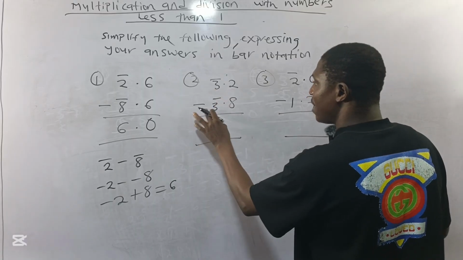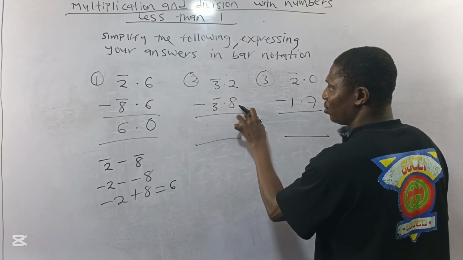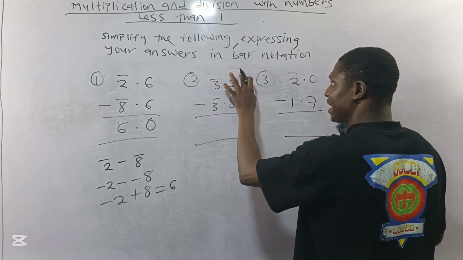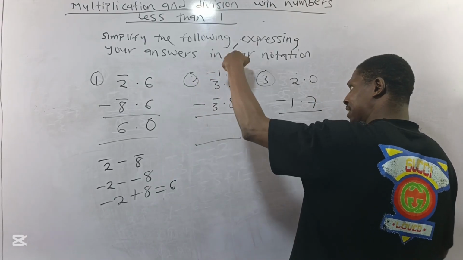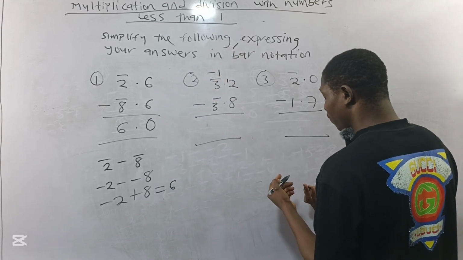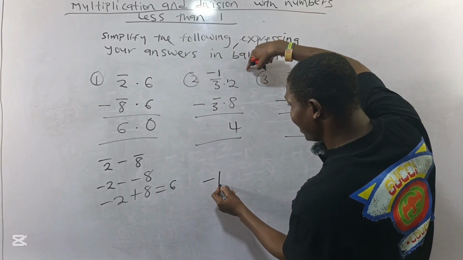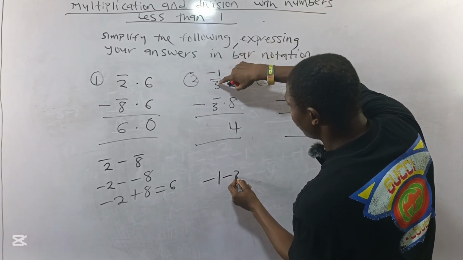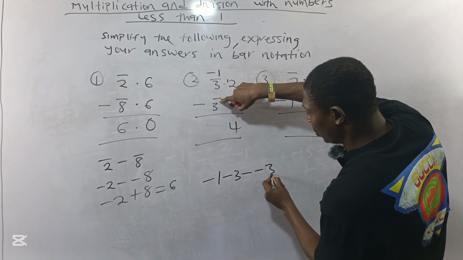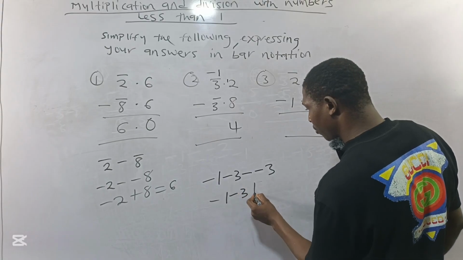Bar 3.2 minus bar 3.8. 2 minus 8 cannot. So I'll take 1 from this minus 3 to put here. It becomes minus 1 since I'm taking this to this. So if I add the 1 here, it becomes 12. 12 minus 8 will give me 4. So this becomes minus 1, which I carried here, minus 3, which is bar 3, minus bar 3, which is minus 3. This will give me minus 1, minus 3, plus